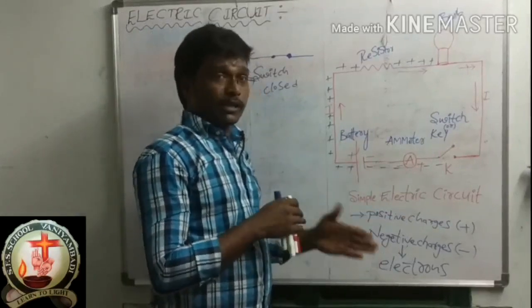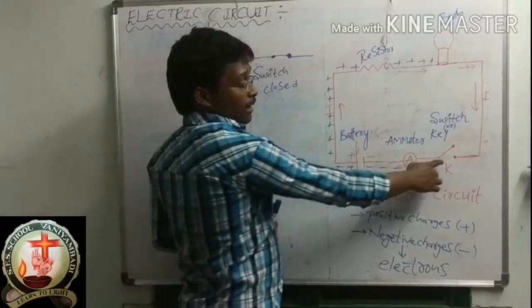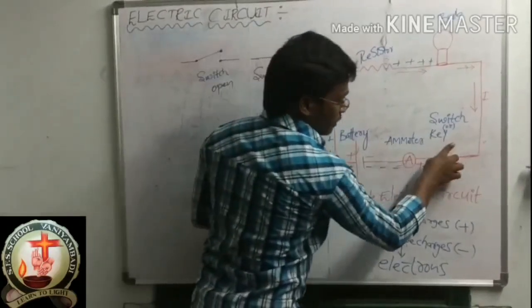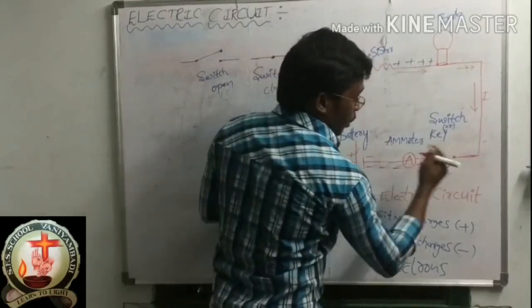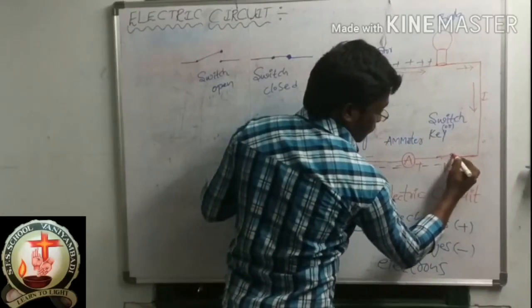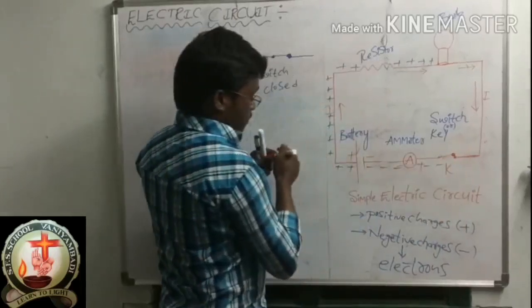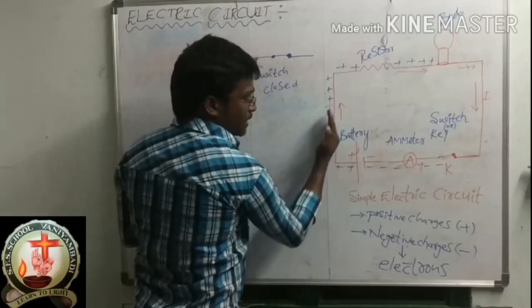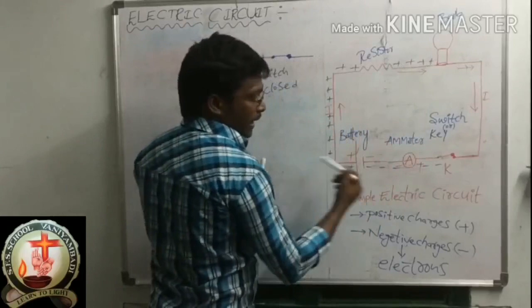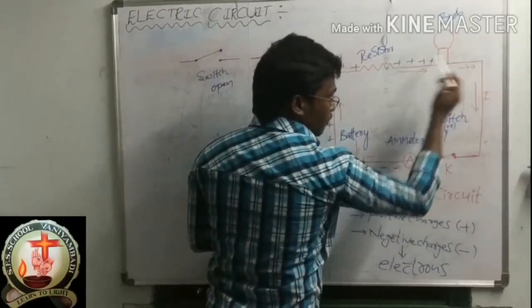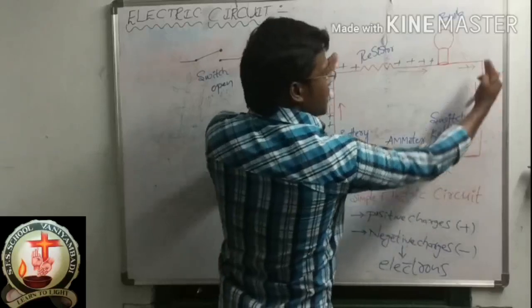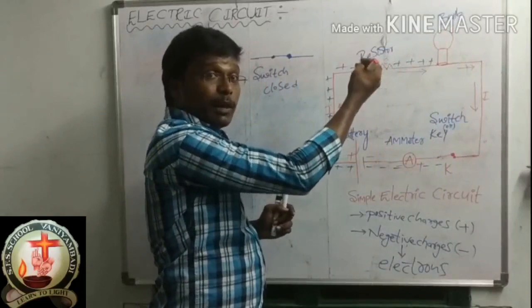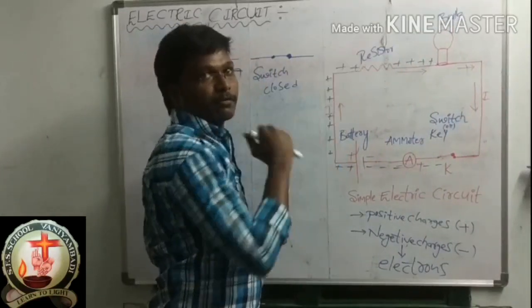This battery is producing, this battery is giving charges. Okay. This is the switch, right? Whenever the switch is closed, this battery is producing positive charges and negative charges. So positive charges will move this side and reach the bulb, and negative charges will move and reach the bulb. Whenever both these charges reach the bulb, this bulb will glow. This bulb will be on.